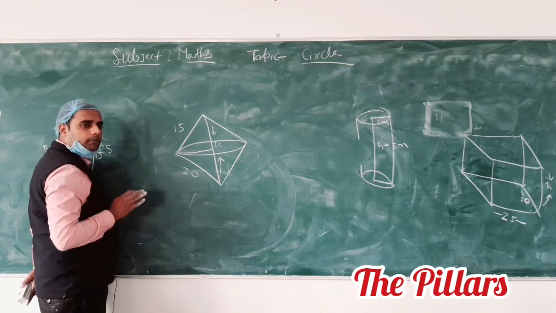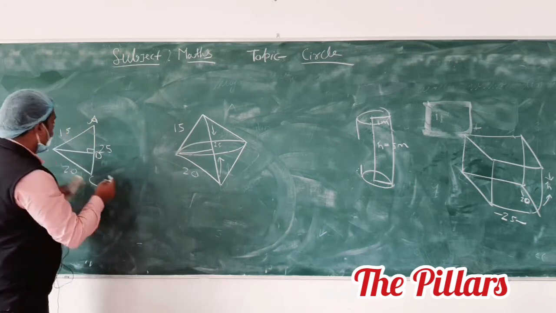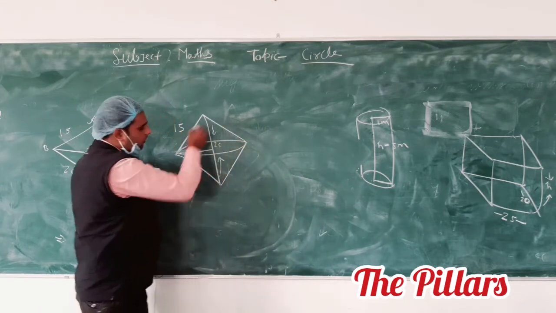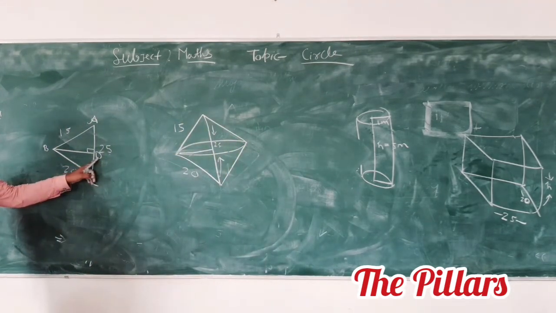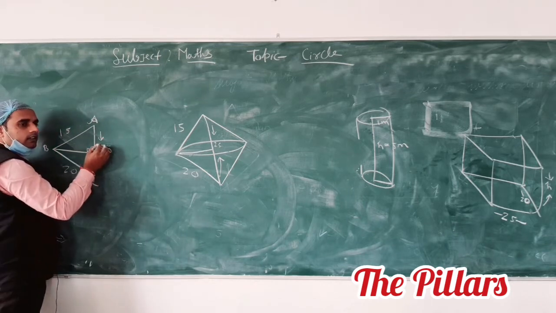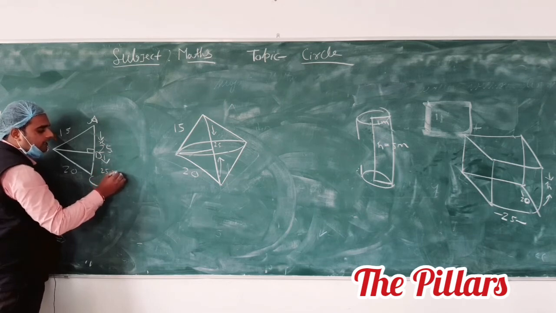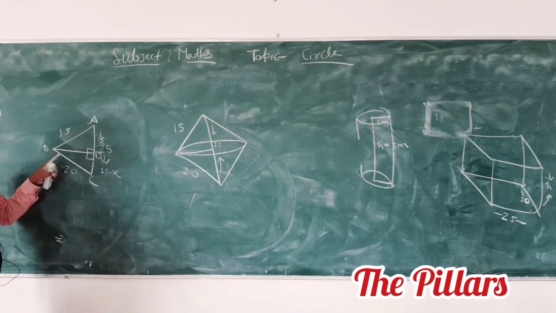Till here anyone have any problem? You see that whenever you have to rotate about the hypotenuse, you get this type of figure. So the radius will be half of the hypotenuse? No, BD is actually the radius. Suppose this distance is x, then the remaining distance is 25 minus x. This is also 90 degrees. This is the only thing you have to find, BD. If you find BD, then this question is too easy.